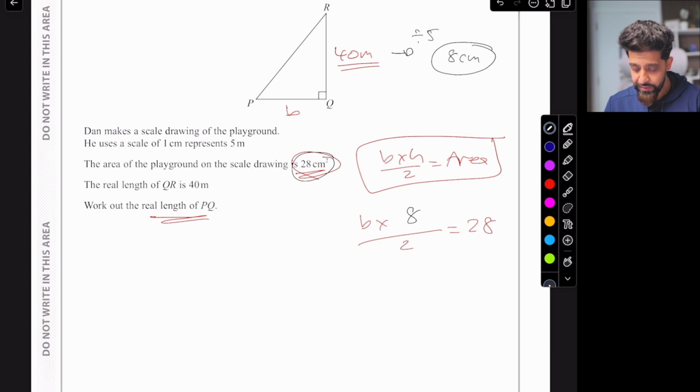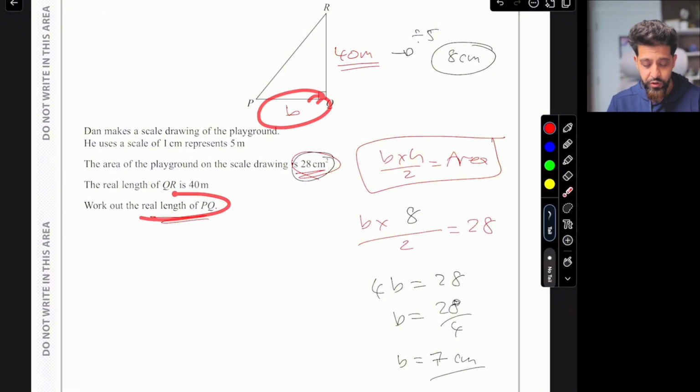Now this 8 divided by 2, that's 4. So you get 4b is equal to 28. And then b would be equal to 28 divided by 4. And b would be equal to 7 centimeters. Right, so the base is 7 centimeters, but we need to go back to the real length of